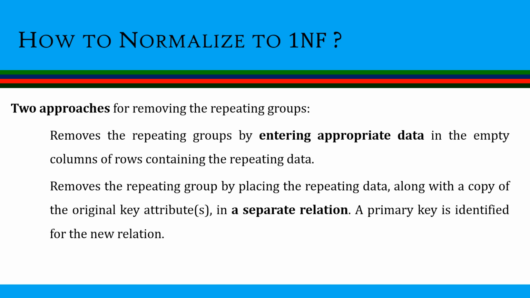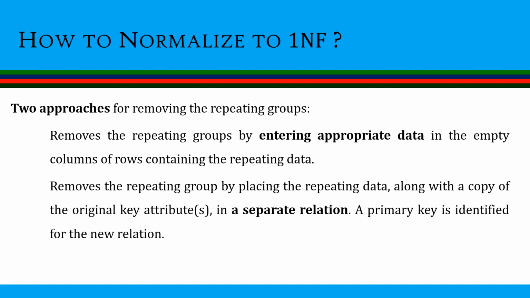So as we just said, an unnormalized table is a table with one or more repeating groups. To normalize this to first normal form, we have to remove the repeating groups. For a table to be in first normal form, it should contain only simple indivisible attribute values. It should contain only atomic values for each domain attribute. So we have to remove the repeating groups from the unnormalized table. Okay, fine. Now, how are we going to remove these repeating groups?